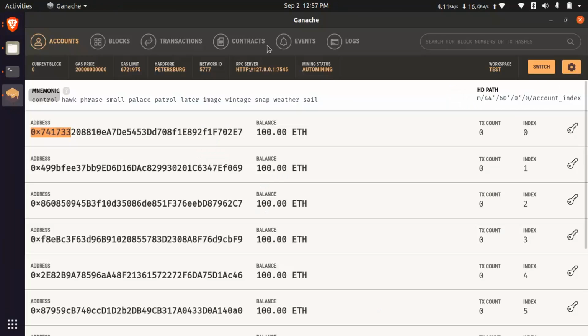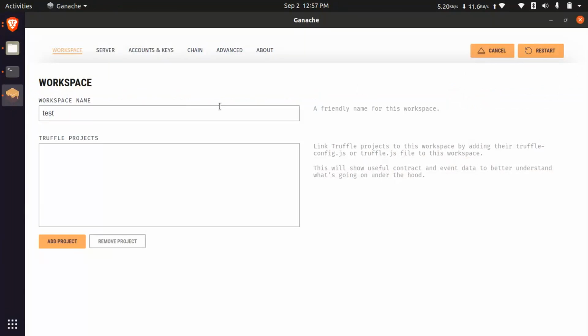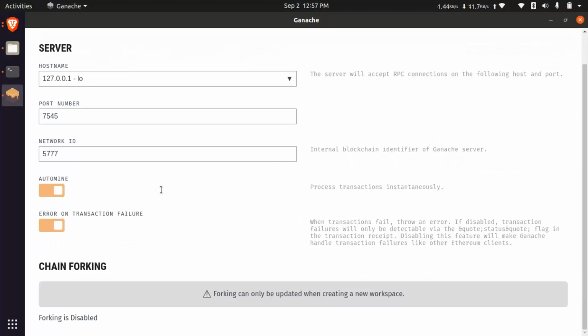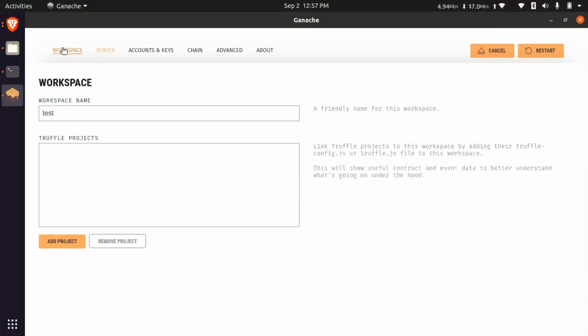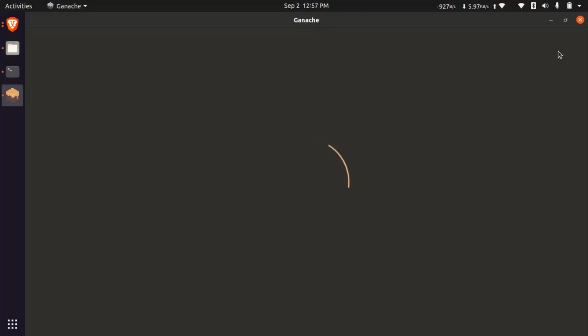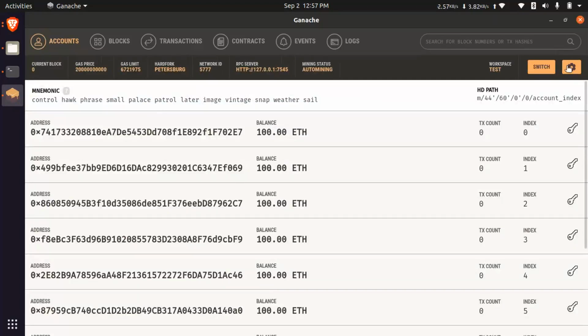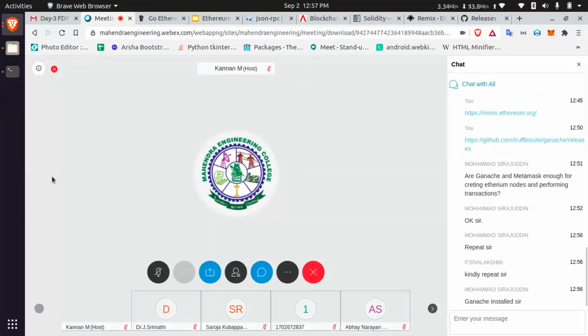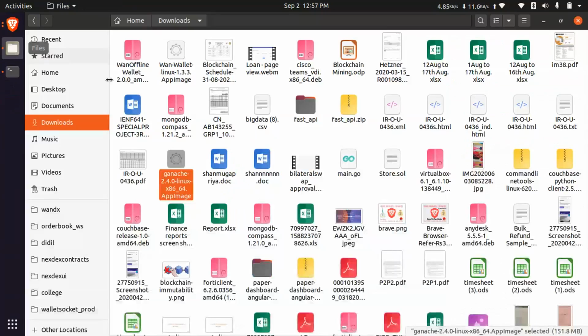Once you have downloaded, it will create an AppImage in Linux.